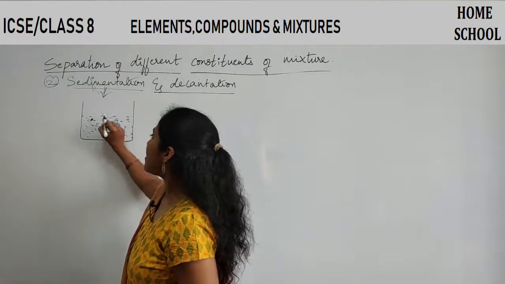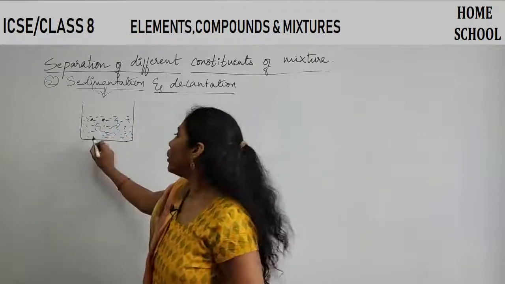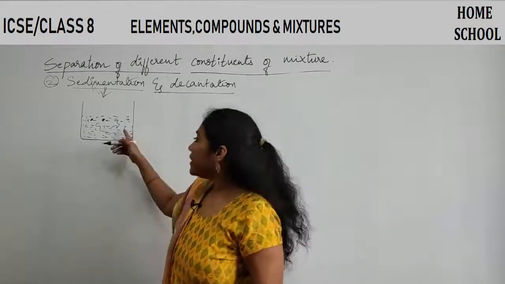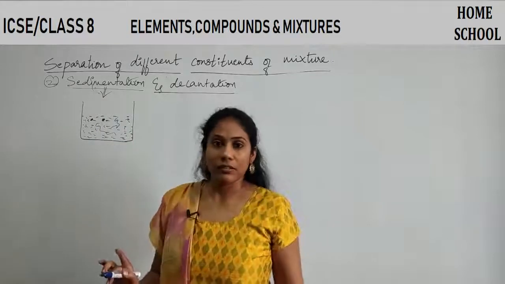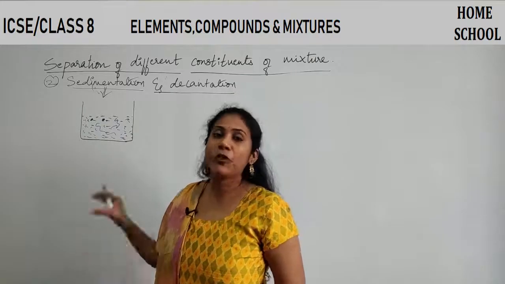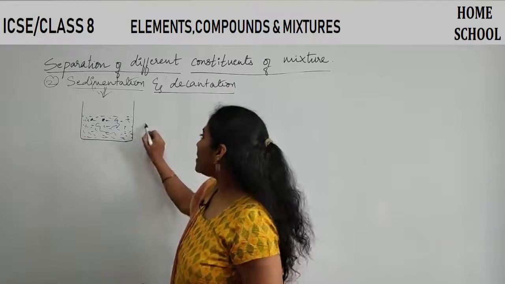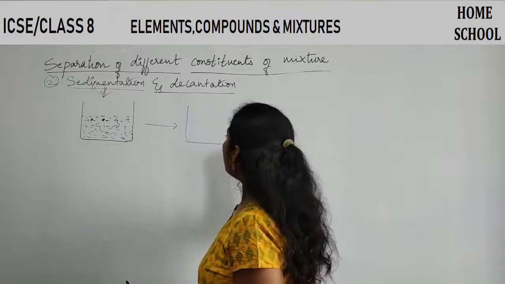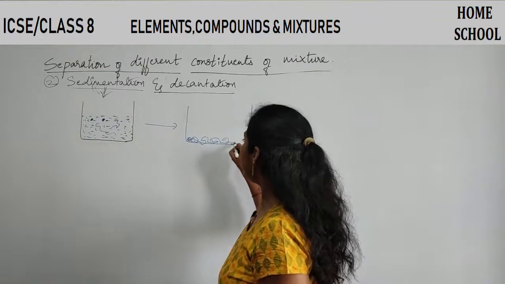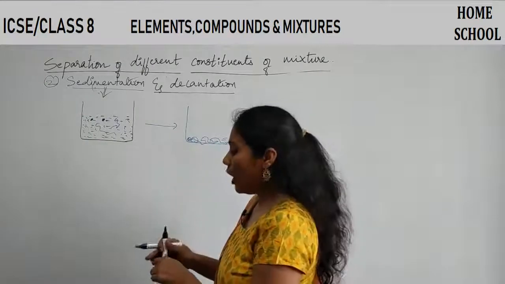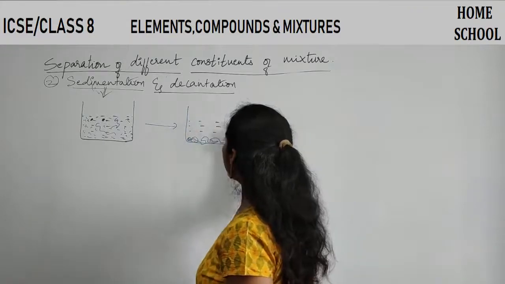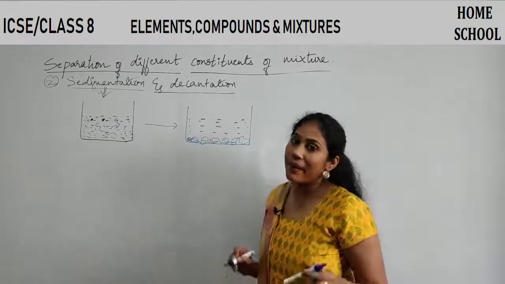So these things have been suspended in the water all over the solution, right? The blue color stuff is our clay and sand, which is distributed all over the water in a beaker. And if you do not disturb this solution, if you keep it for hours together, after some time you will find all that clay, sand and muddy particles get settled at the bottom, and on top you will have a clear liquid, that is water. Your water gets separated from that sand and mud, right?